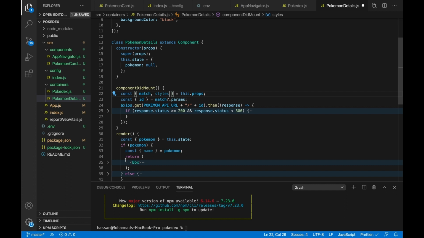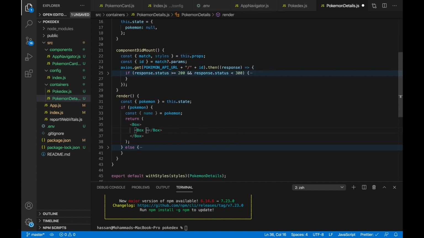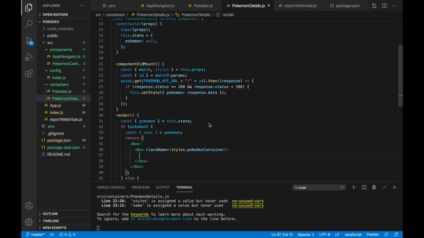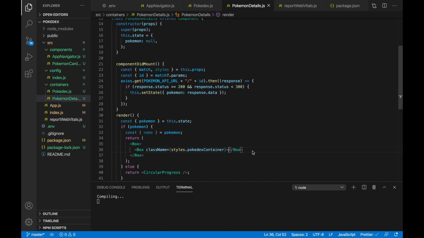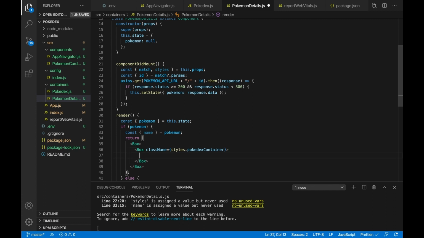So let's give this box a class name, and we can now use styles.pokedexContainer, sorry, not Pokedex details. So now we need to add more items inside this box so we can see how it looks, and then we will style the Pokedex container. So for now we will just leave the Pokedex container as it is, and now what we need to do is we need to have a title for the web page, and this title is going to be the Pokemon name. So we're going to use the typography element,